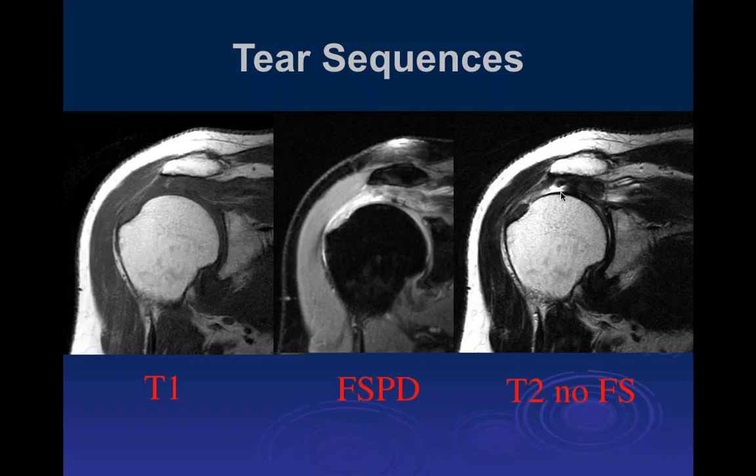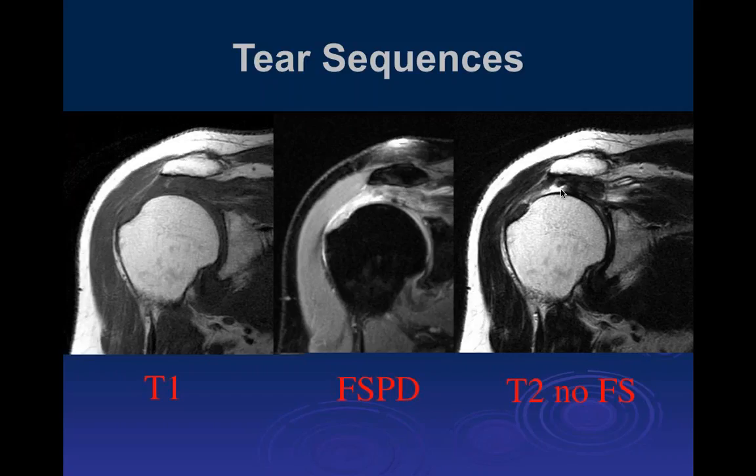Now, the T2 FatSat, what it does is it allows us to much better determine the extent of the tear. And we found, comparing with arthroscopy, now it's hard to compare with arthroscopy. And the reason, and we've done several studies with Curl and Job where we've looked at athletes trying to size tears. The problem with arthroscopy is that the size of the tear is really going to vary depending upon the positioning of the shoulder, how much fluid you put in, and what you do to the tissues with the arthroscope in